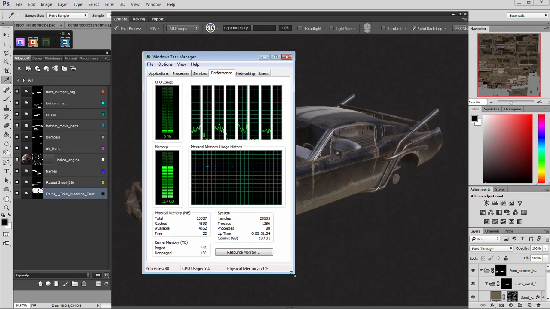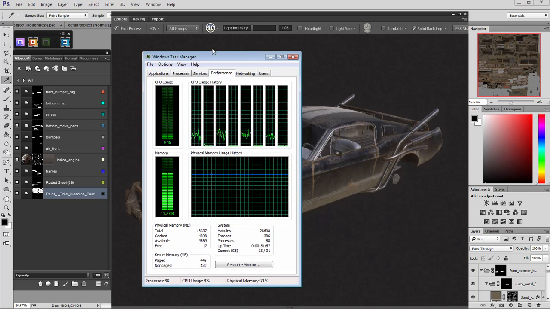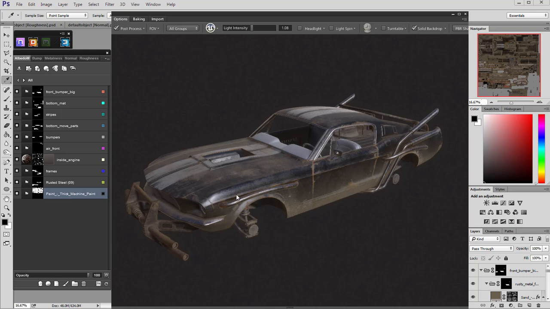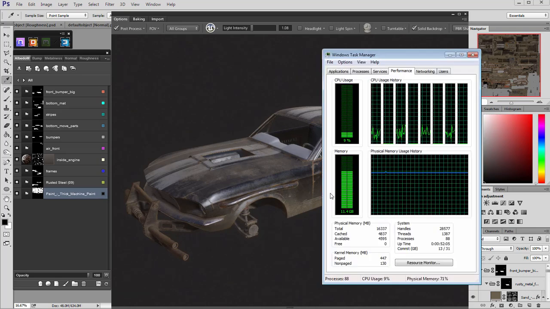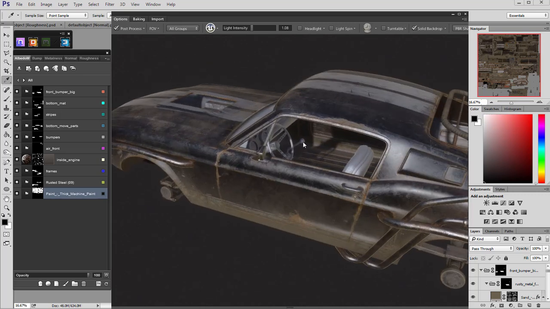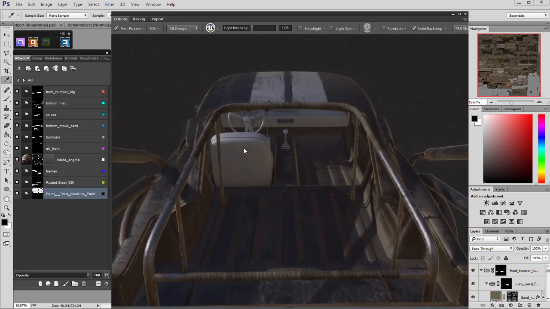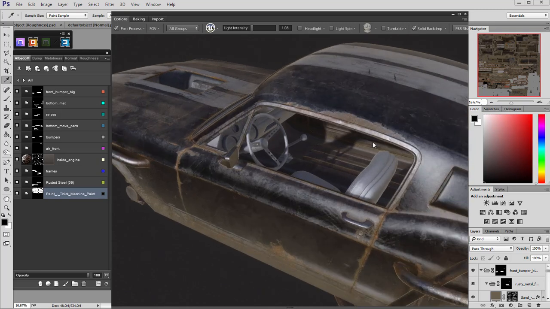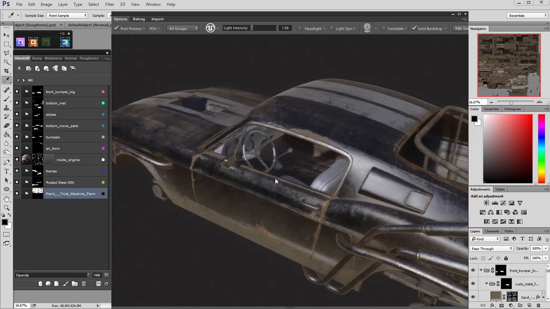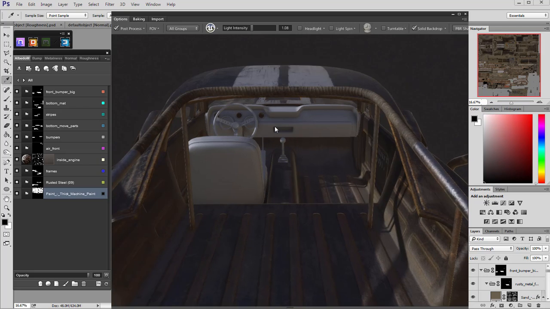And this is because I have only 16 gigabytes of memory in my computer, and you can see having so many layers with this resolution, it's 4K resolution, it's pretty expensive if it's about memory. So I didn't want to texture my inside elements here in this scene because it was just too heavy, and after a while it's a little bit laggy and slow. So to be able to work faster and more smooth, I will just texture these elements in a new